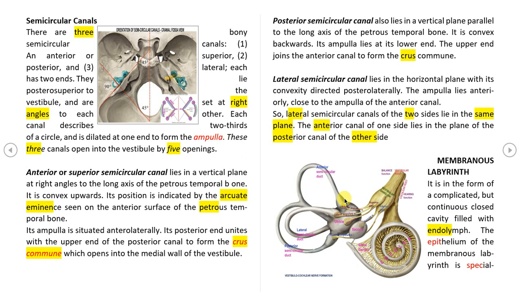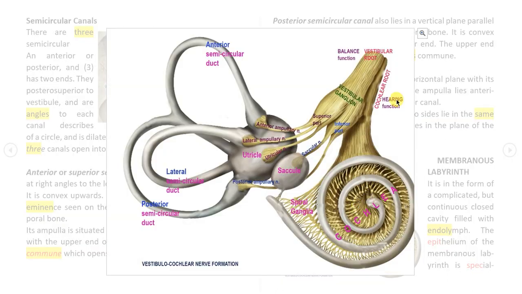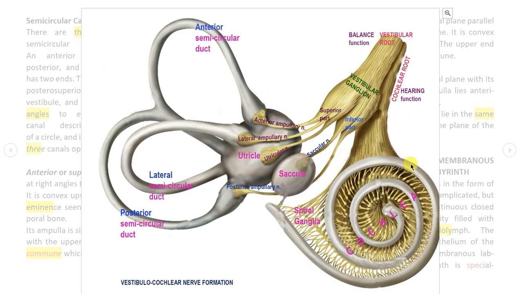Okay, now we will enter our pure membranous labyrinth with the orientation of every bony point. So this is only the membranous labyrinth portion. Remember the earlier diagrams of the bony labyrinth and the orientation of various ducts. So we have ignored and removed all the bony labyrinth portion. This is only the membranous labyrinth. So this one is the cochlear duct.